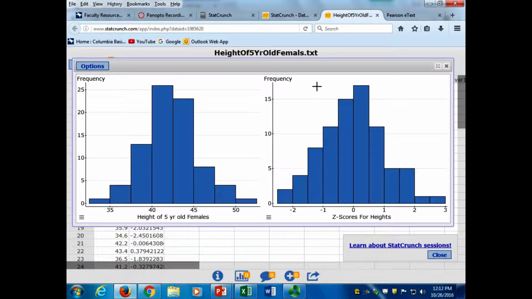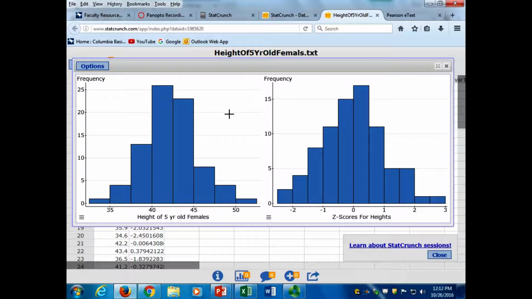Think so? Maybe a little. Not much. As a statistician, I would say that's pretty good, actually. You know, that's pretty symmetrical. It's pretty normal. But what else do you notice about the Z-scores? How are these distributions the same, and how are they different? I think they're both normal. So that's how they're the same.